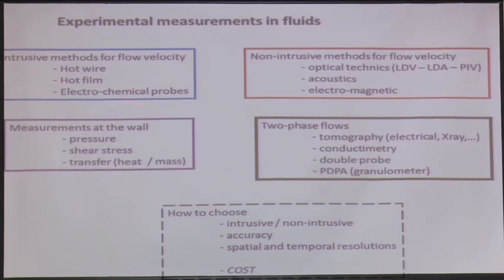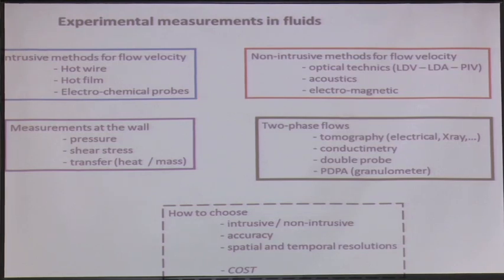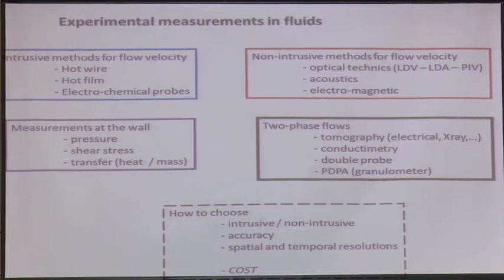So these techniques are for measuring the flow velocity inside the bulk. Somewhere inside your device you want to know what the flow velocity is. Very often you need also to measure information at the walls. So you want to measure, for example, the pressure which is acting on the wall. So if there are some pressure gauges, you can have also shear stress gauges, which is going to give you what is the viscous flow stress acting on that wall, and that could be important.